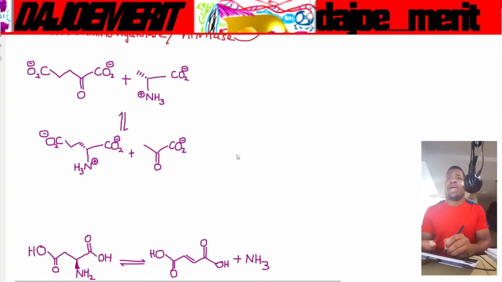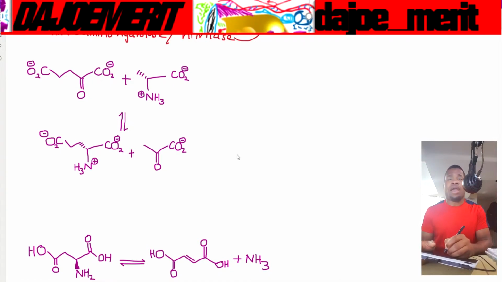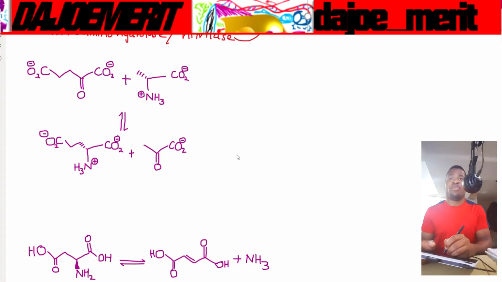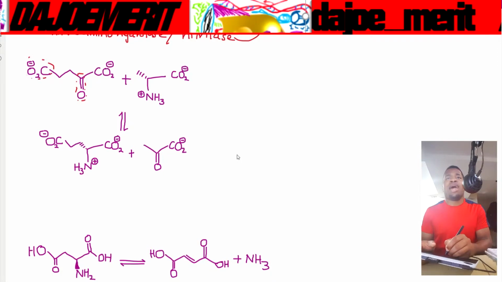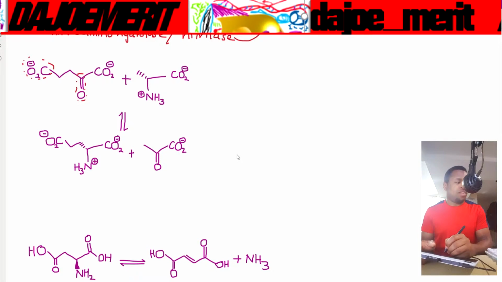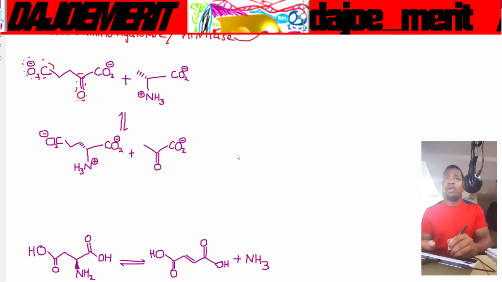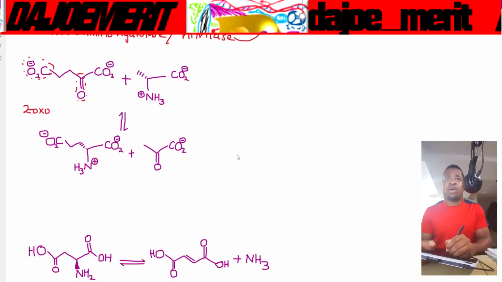This is the full reaction where we have this particular type of, I would say, almost looks like an amino group, but no, it's not, because in here we just have carboxylic acid on one side with a little bit of carbonyl group right here, and then we have a carboxylate in a way at the other end of the terminal. So this compound here is known actually to be called 2-oxoglutarate,